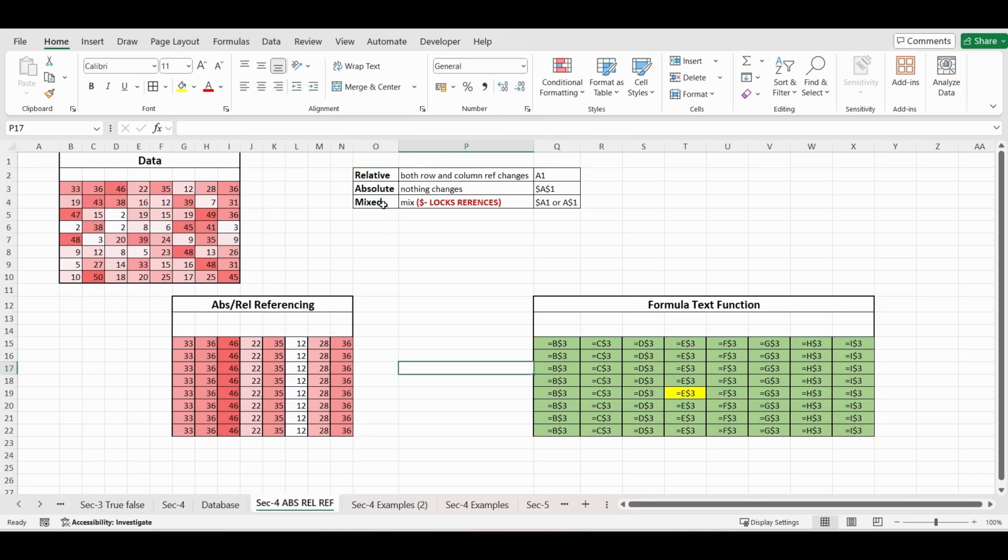The part where you have put a lock will not get incremented, it doesn't matter whether you are moving horizontally or vertically, while the other part will change as in relative references.